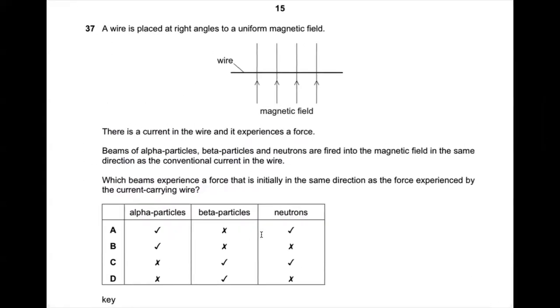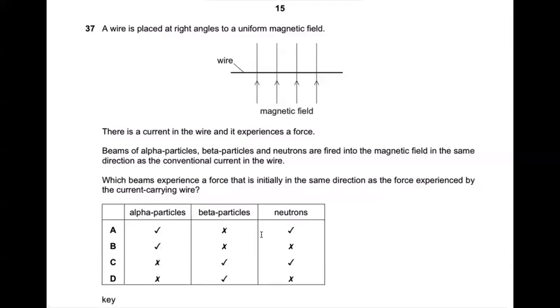A wire is placed at right angles to a uniform field. There's a current in the wire, it experiences a force. Beams of alpha, beta, and neutrons are fired into the magnetic field in the same direction as the conventional current in the wire. Which beam experiences a force that is initially in the same direction as the force experienced by the current carrying wire? So we know that when we use Fleming's left-hand rule to figure out the direction, we take the direction of the